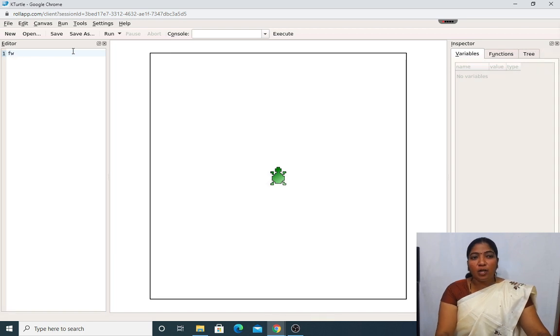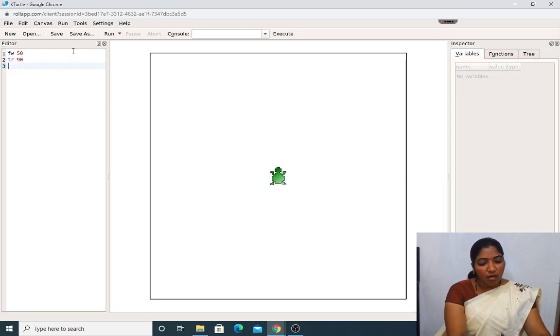FW is nothing but forward 50. After that, turn right 90. After that, forward FW 150. After that, turn right 90. After that, FW 50. After that, enter TR 90.